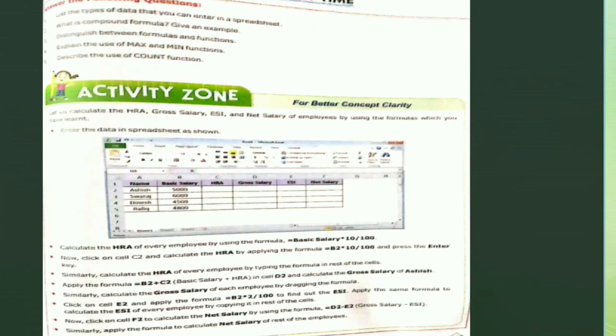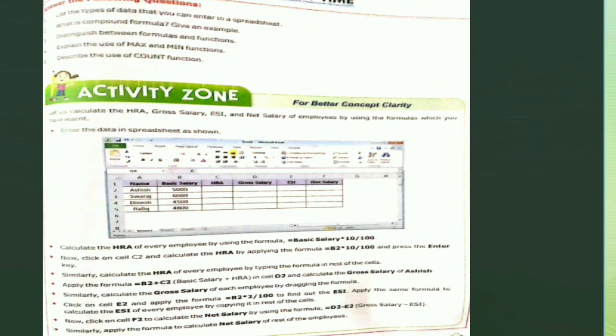Next we have is activity zone. That is, you have been given an Excel spreadsheet and some names are there and the basic salary is there. Some of the columns which are left blank are HRA, gross salary and your net salary. So what you have to do in this case is calculate the HRA by using the formula basic salary into 10 by 100.